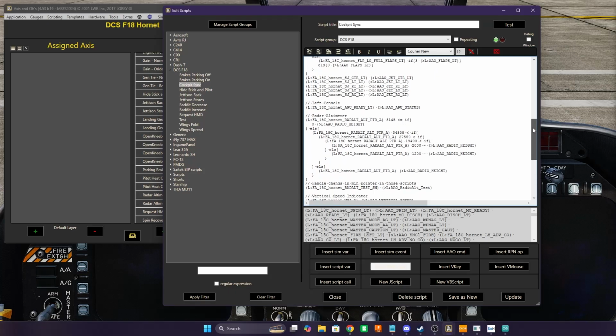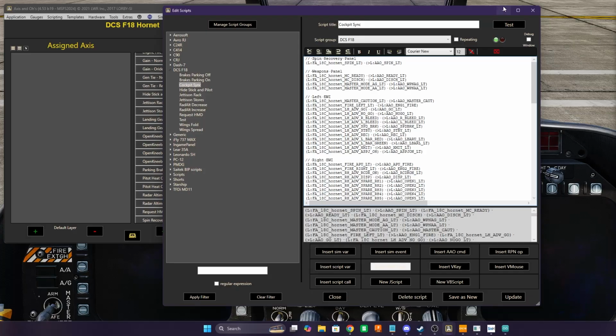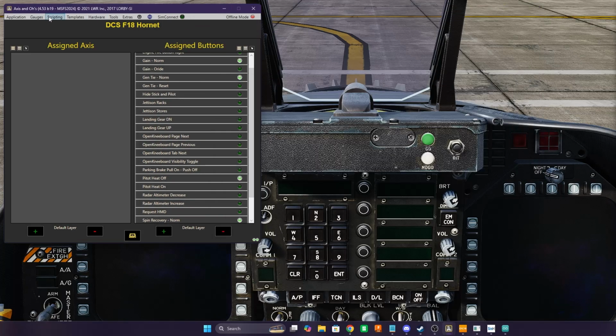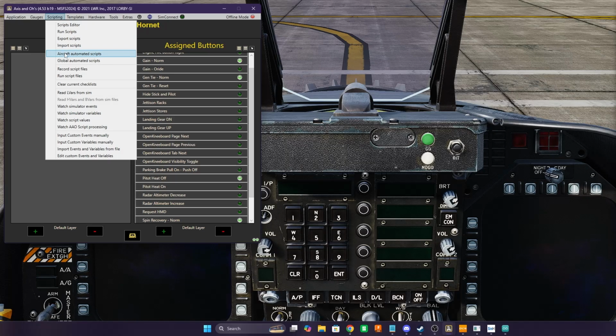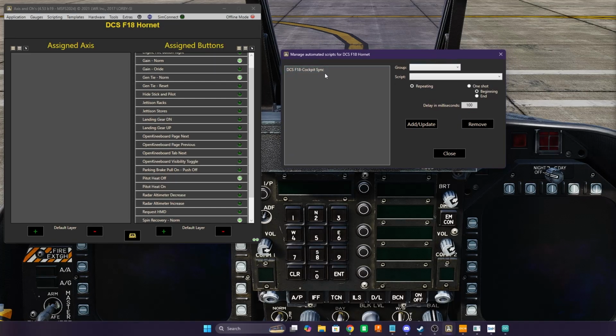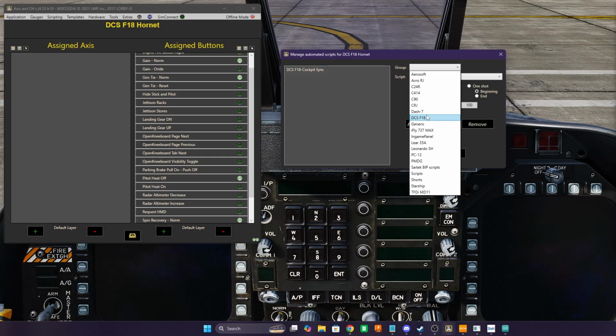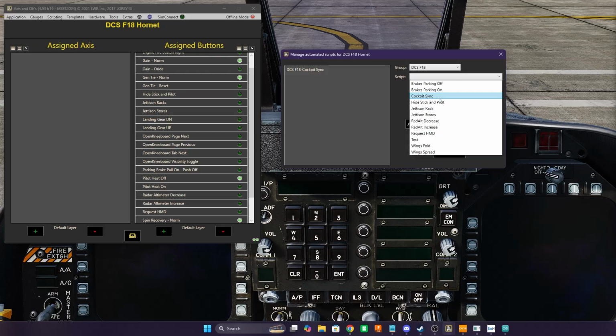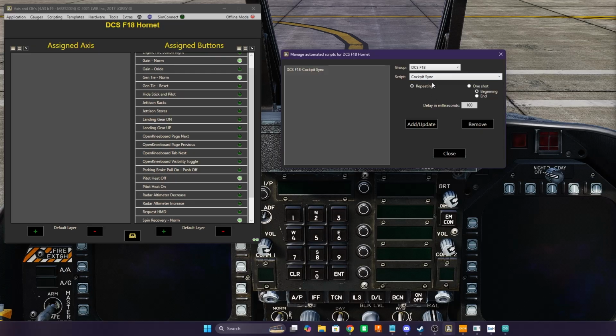So now, how do I use this script? Up here under scripting, when you have a profile, the F-18 Hornet, it comes with what we'll call an aircraft script. What I mean by that is that it'll run whatever script you put. So I went up into scripting and chose aircraft script. That brings this up, and you will see I have chosen from the DCS F18 group the cockpit sync script. I made it a repeating script, and in my case, I set it to once every 200